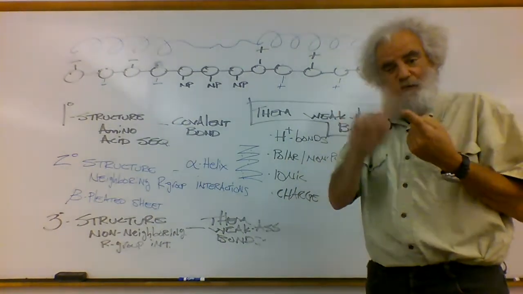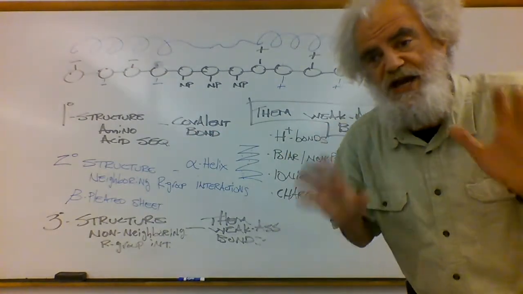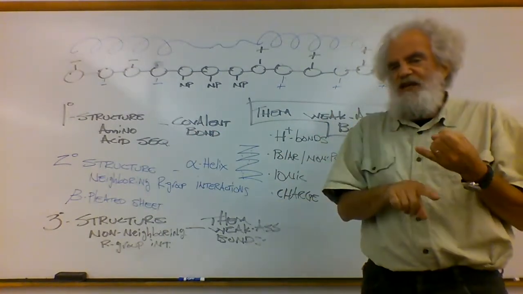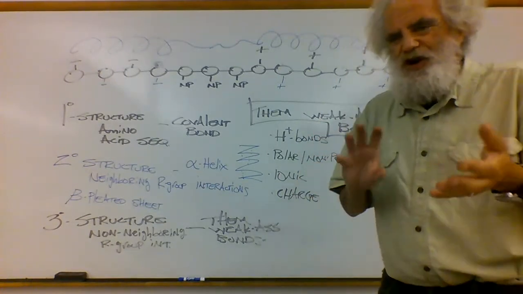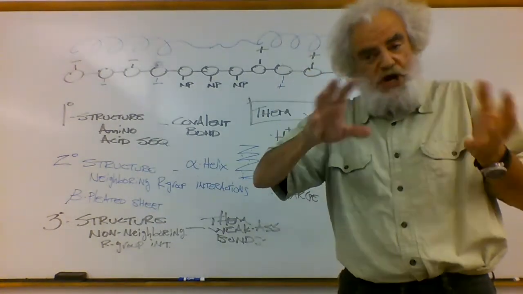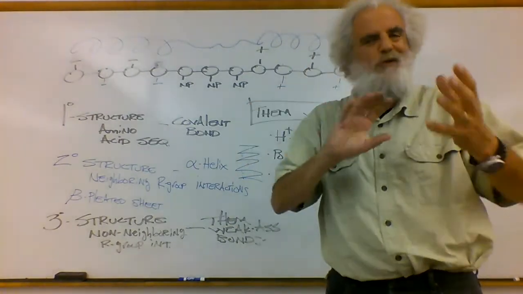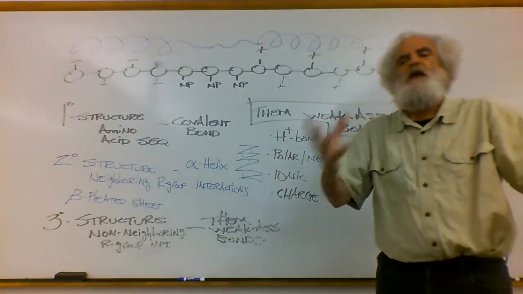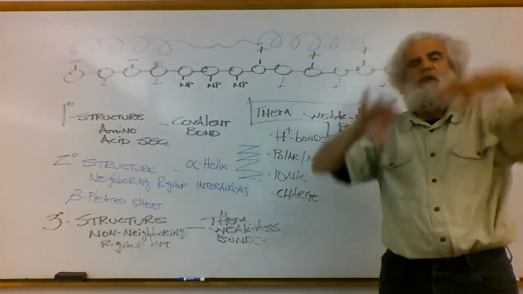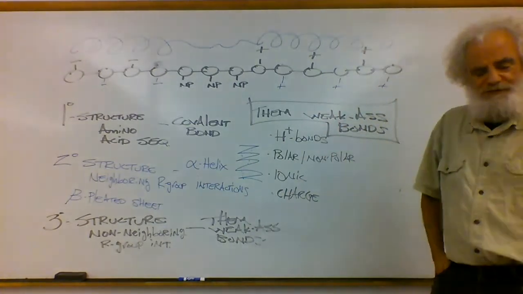So, you got primary structure, amino acid sequence. Easy to predict, it's based on the DNA. Secondary structure is neighboring R group interaction. There are computational models that can do a pretty good job of predicting it, but they're not always exact, or you end up with actually a couple of different kinds of models. Tertiary structure, folding up. Secondary and tertiary, though, weak bonds holding them together.